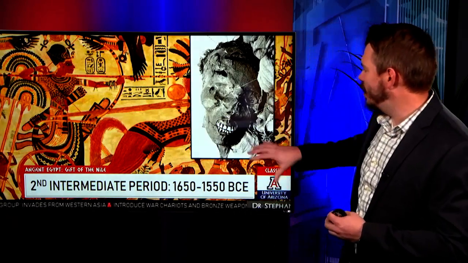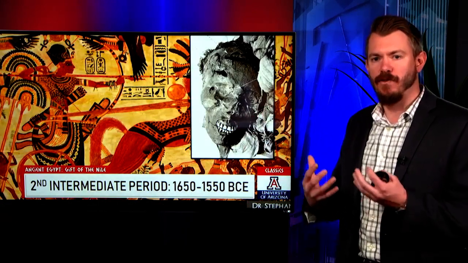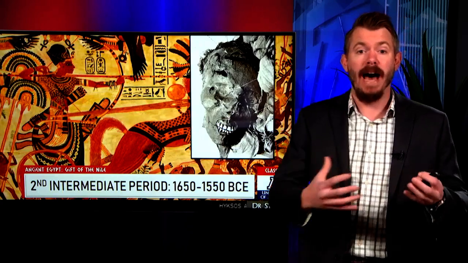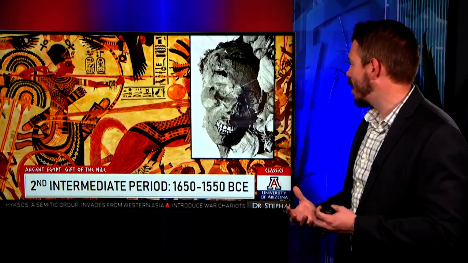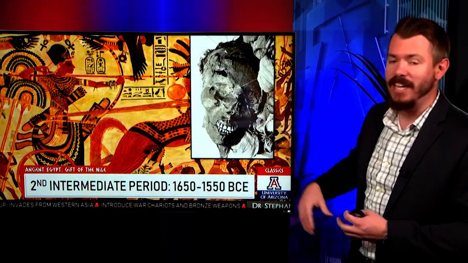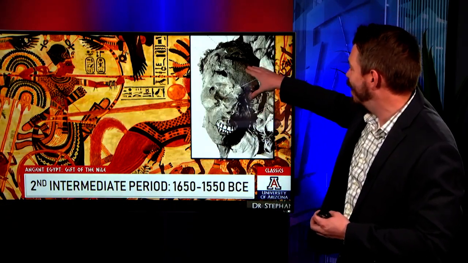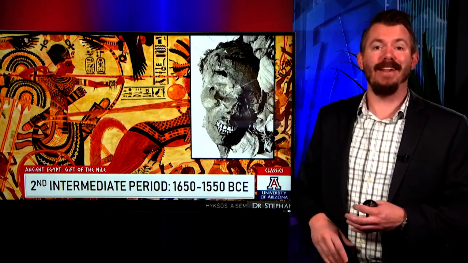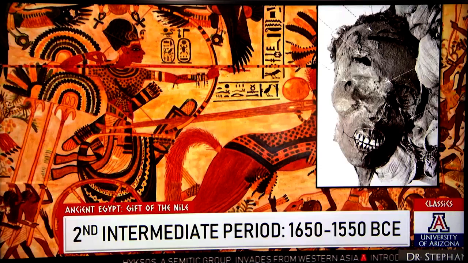And we can actually see in the archaeological remains from that period the effects of the battles between the Egyptians and this group that we call the Hyksos. And this is one of the kings of ancient Egypt during that time. As you can see up here, he's taken a couple of battle axes to the skull. You can see the incision there and the incision there. So we can see the actual effects of war during this period.